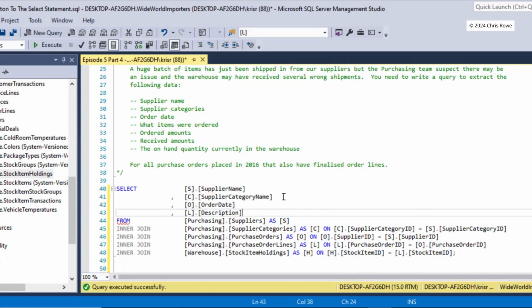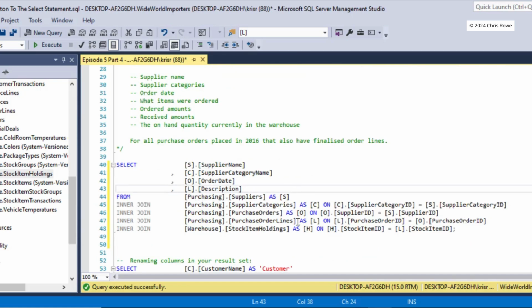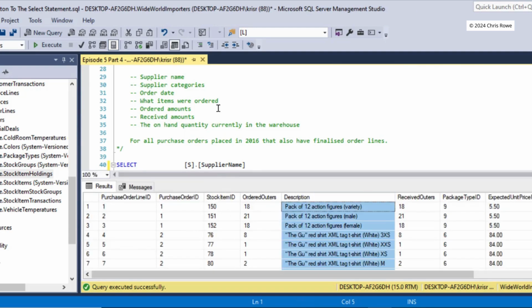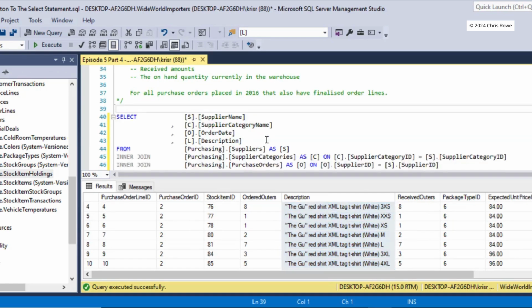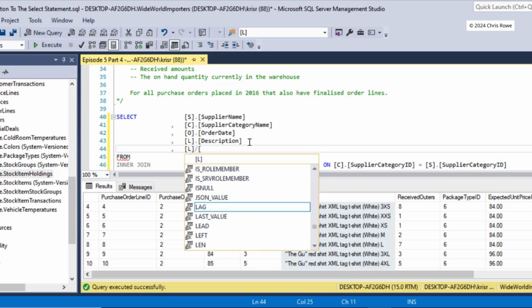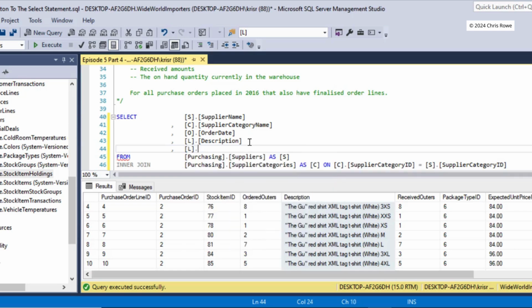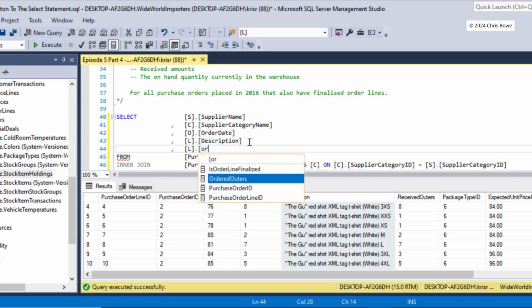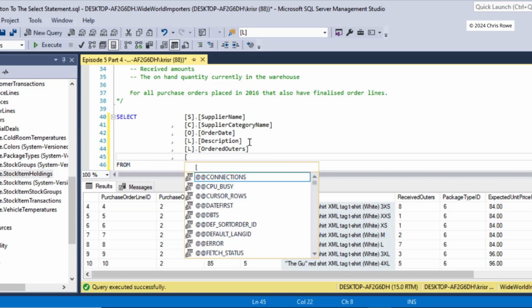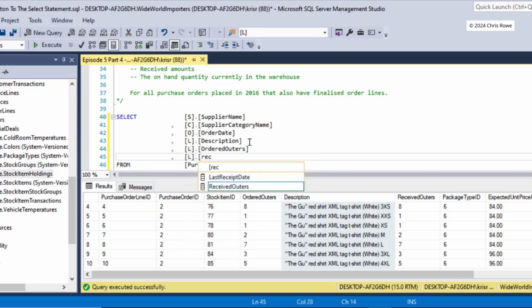The description. We had a look at that. Quite a few columns coming from our lines. Let's have a look at that. So we've got our description, and which is the only column that fills the ordered amount. Well, it would be the ordered outers. So that's going to be our ordered amount, and then we also wanted the received amount. Received outers,